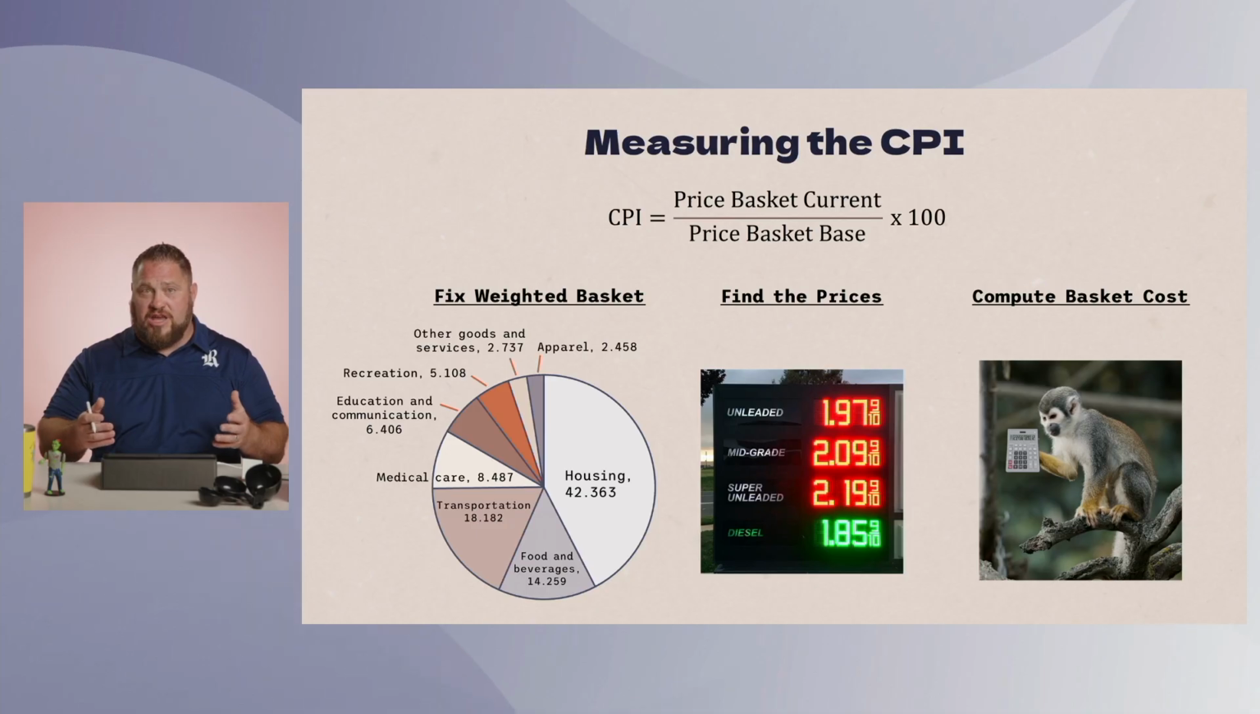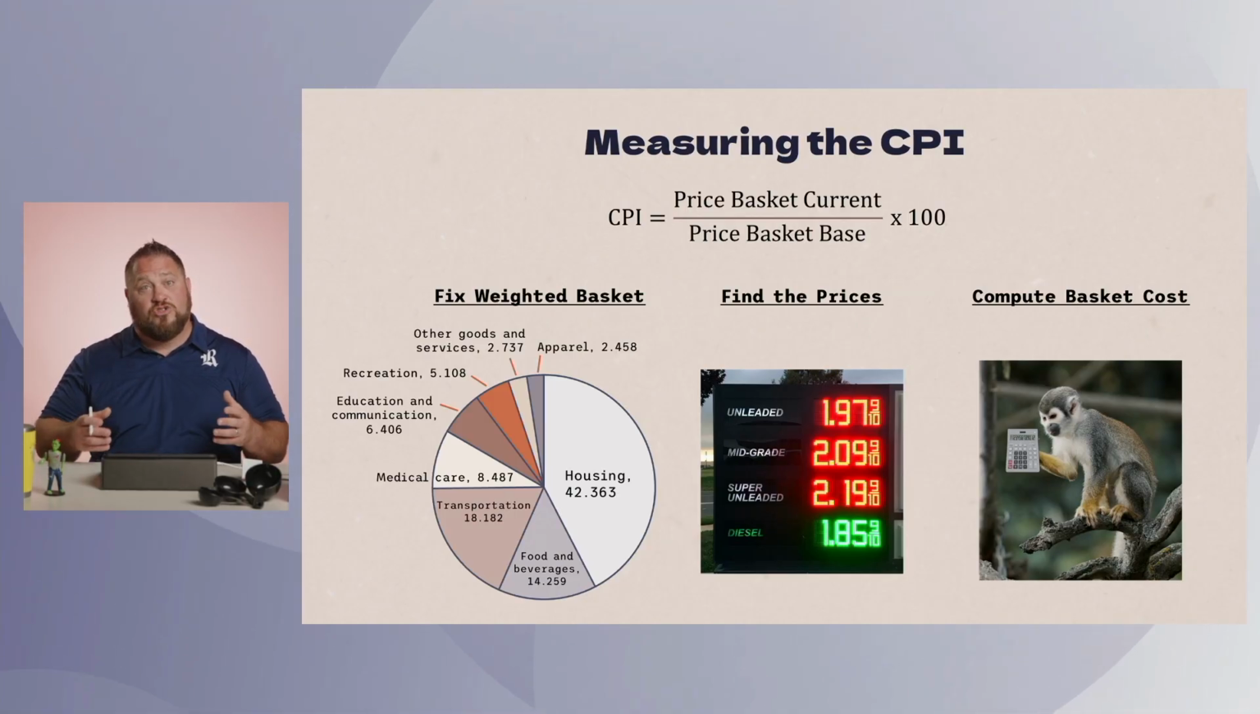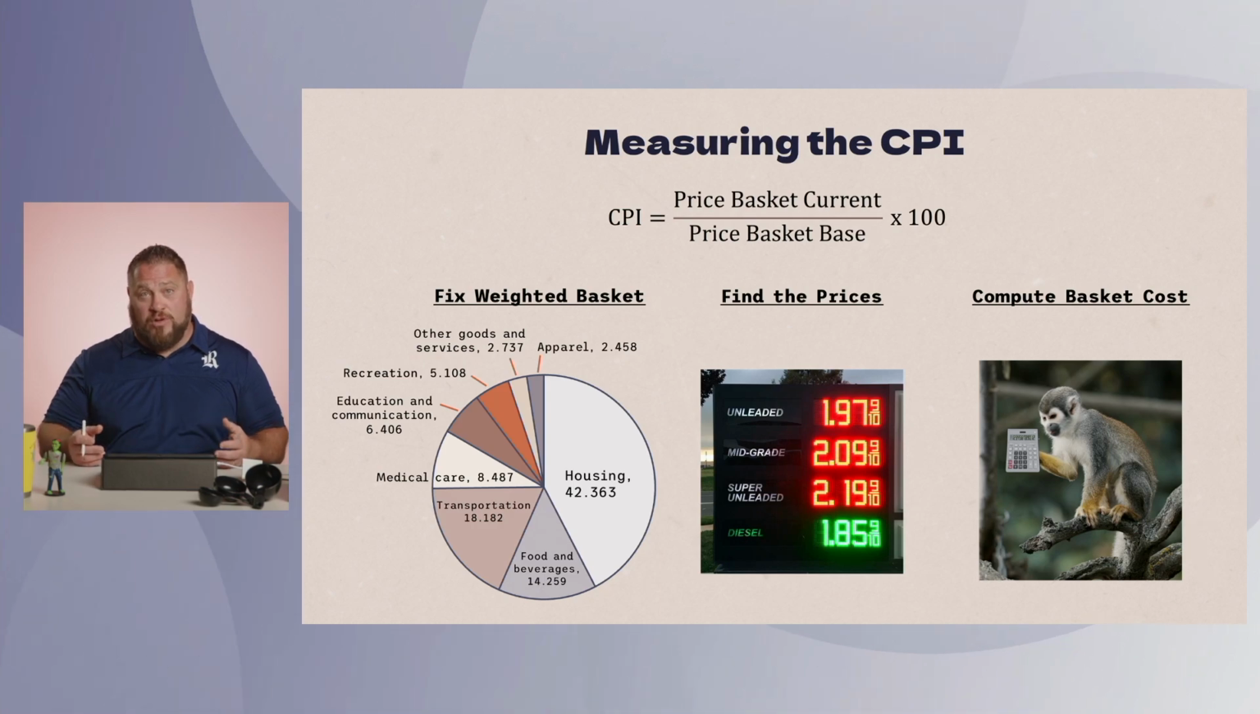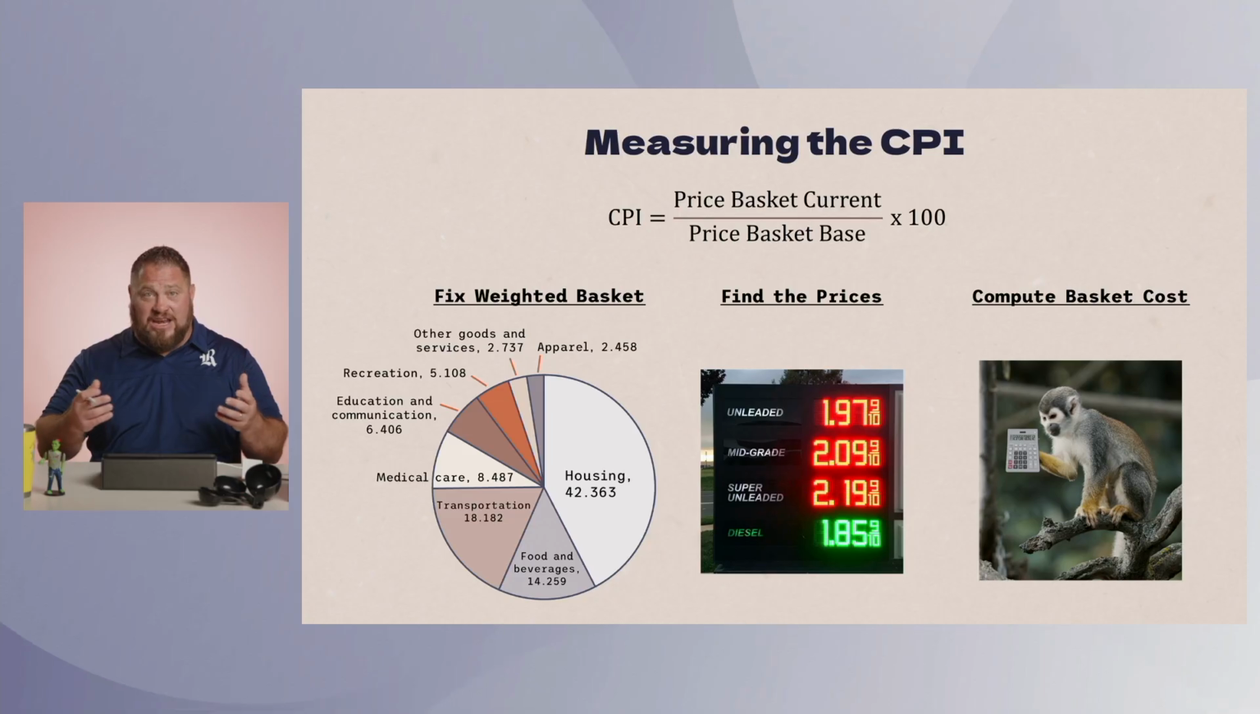So here you see we calculate the CPI. It's the price of a basket in a current time period divided by the price of the basket in a base time period multiplied by 100. So really it's this index that we create. Once you create the index, you can use the CPI in any 2 years to calculate an inflation rate over